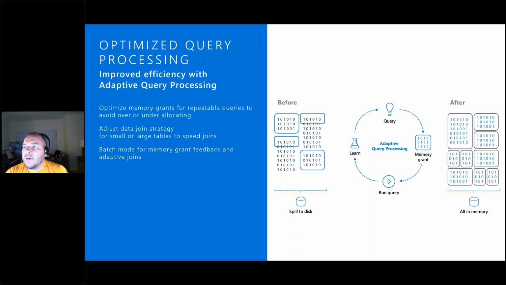I already talked about adaptive query processing a little bit. Essentially, one of the scenarios is, for instance, where you have wrong or stale statistics about the cardinality of a column that you're touching in your query. What will happen typically if we have a memory spill is that SQL Server for that query operation reserves too little memory to process the query, and since there's too little memory, there will be a spillover to disk, essentially tempdb.